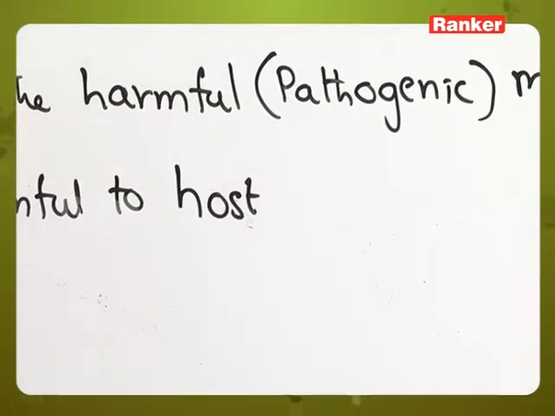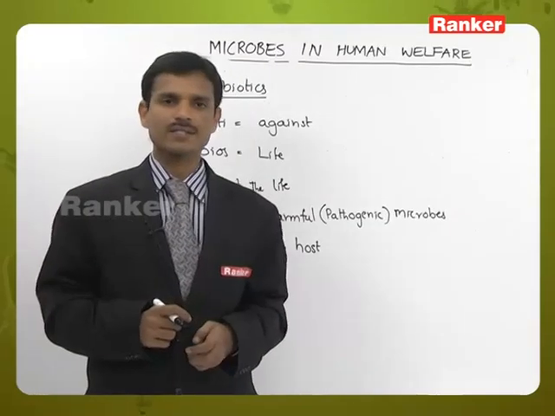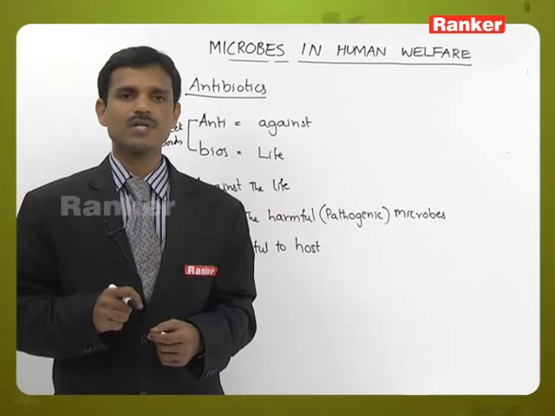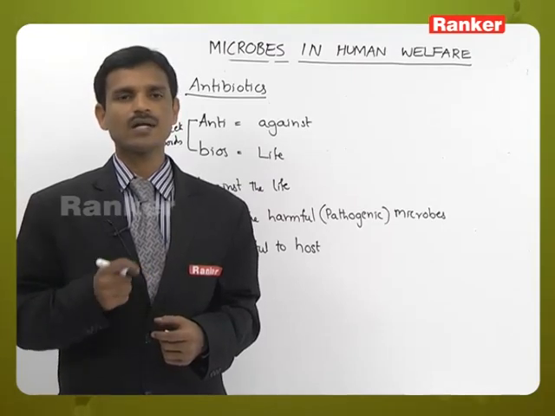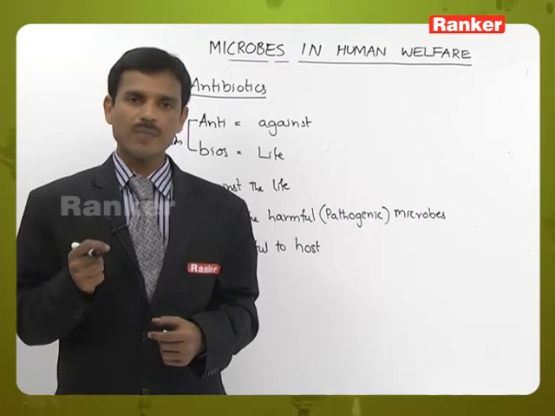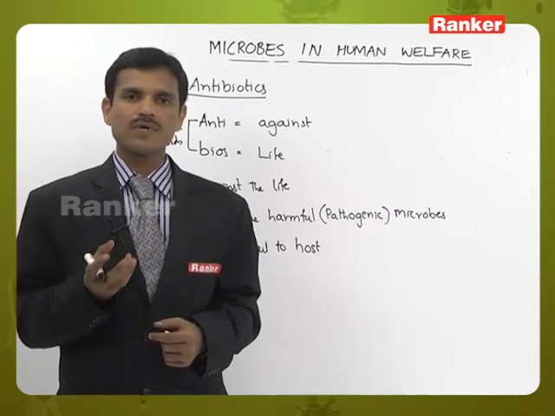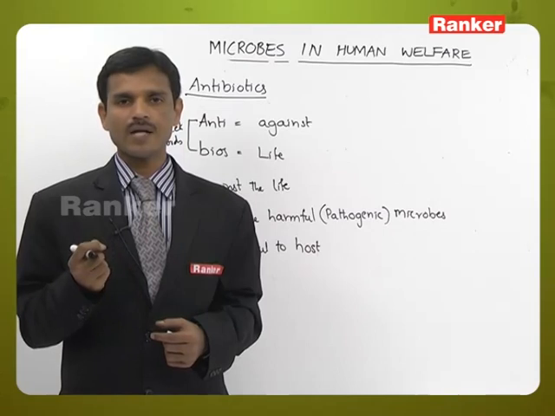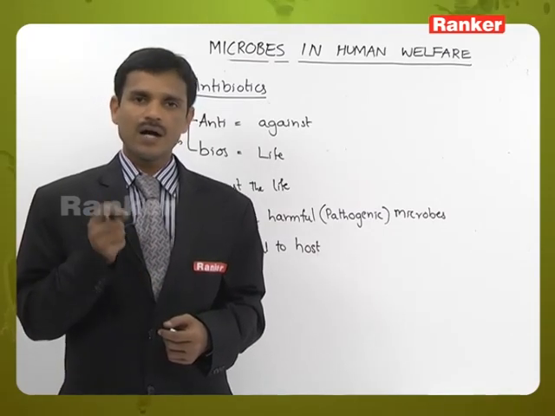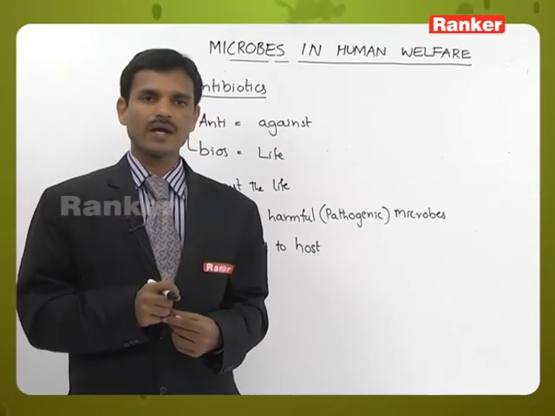In diseases we are taking so many antibiotics. The antibiotics are killing only the microorganisms which are harmful to us, but not killing us. Why? Because it is targeted. The antibiotic is made on some processes. The antibiotic can kill only pathogenic bacteria. Here, how is it killing only pathogenic bacteria?